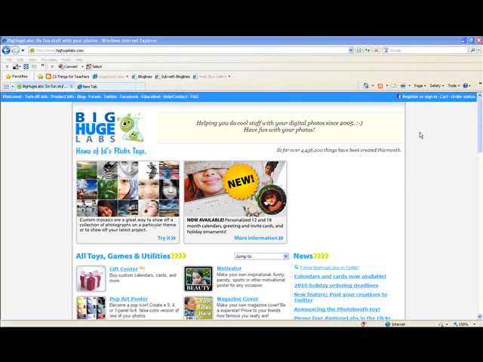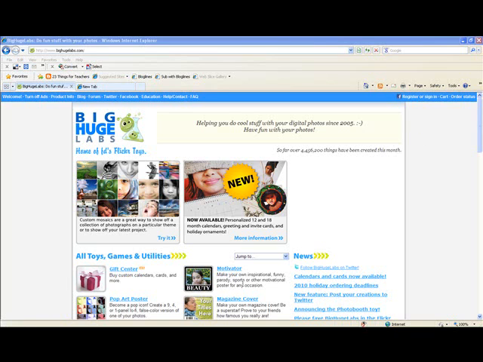Big Huge Labs is a website that includes not just one tool, but a collection of tools that can be used to support many of the high-yield strategies that Marzano has recognized. We're going to be looking at an example where we're creating something to reinforce effort, but there are many other strategies that can be supported by the tools on this site, including non-linguistic representation, summarizing, cooperative learning, generating and testing hypotheses,